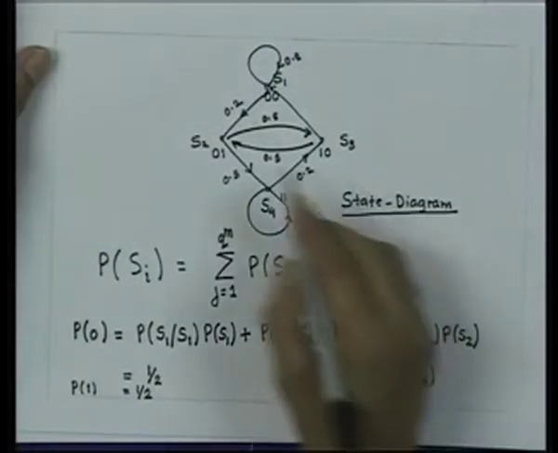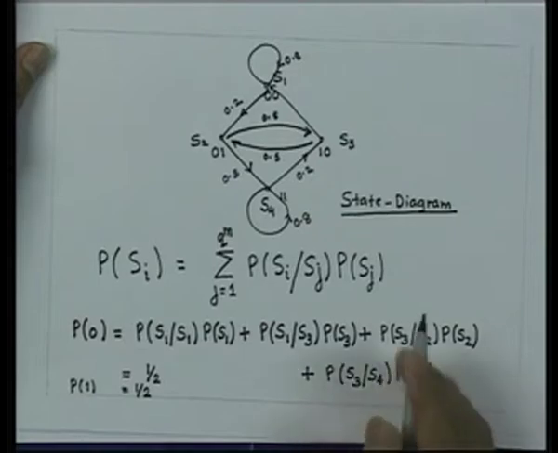So, this we have done. I have shown you how to do it for a simple case of a second order Markov process, but a similar procedure can be adopted for a general mth order Markov process. So, what I want to say is that given an mth order Markov source, I can always calculate the unconditional symbol probabilities. So, let us try to define